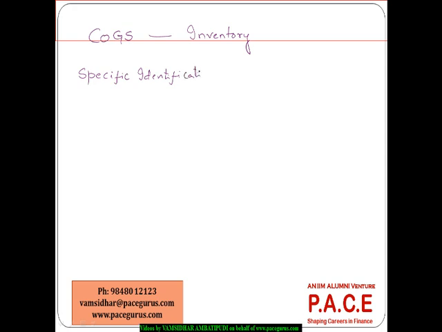Then we talk about first in, first out, FIFO, last in, first out, LIFO, and then we call weighted average cost method. So these are the four ways in which the cost of goods sold expense is identified and recognized into the